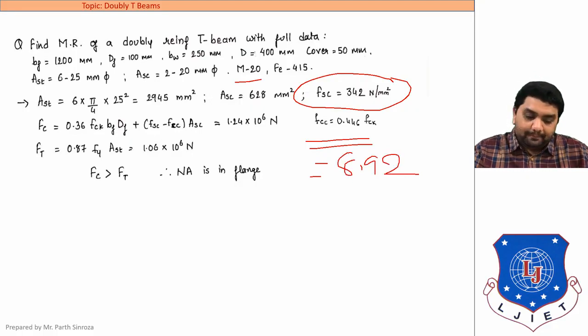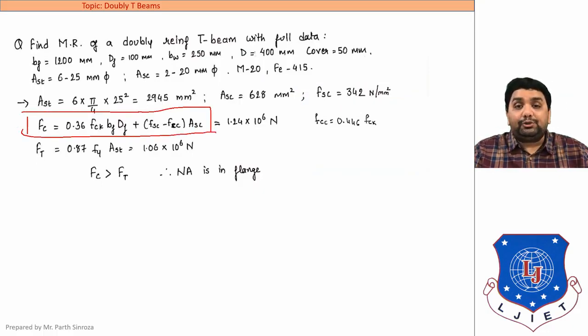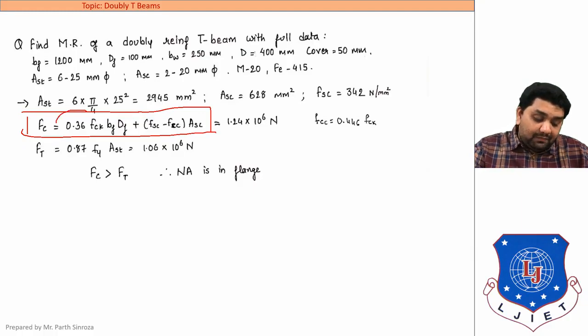Newton per mm square. So solving this equation, and keep in mind this is the equation of FC, this is neither C1 or C2, so you need to remember this equation. It is not prescribed in our IS code. How to remember it? It is very easy. This first case is for singly